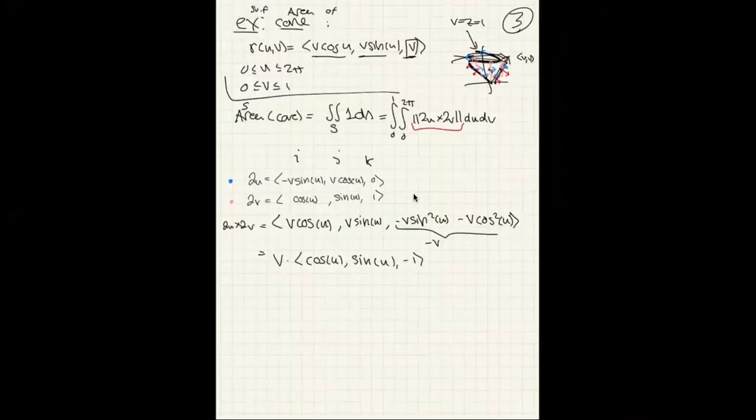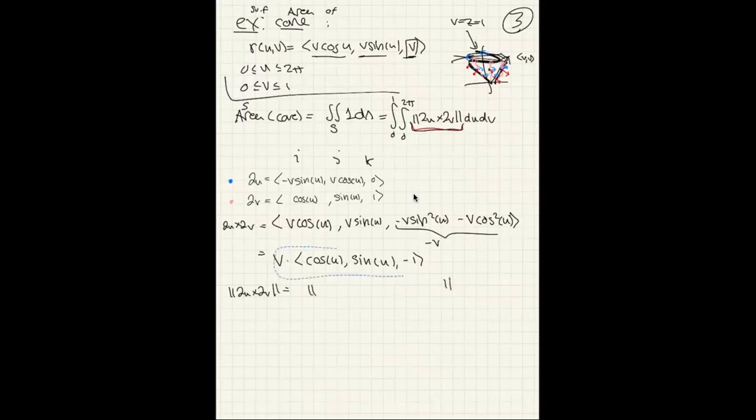That's geometrically what we've discussed, but we don't really need all that information. We just need to take, as you see here, the length, the magnitude of that, because the magnitude of the cross product is the area of the spanned parallelogram. So if I want to take the magnitude of partial u cross partial v, this is the magnitude of,